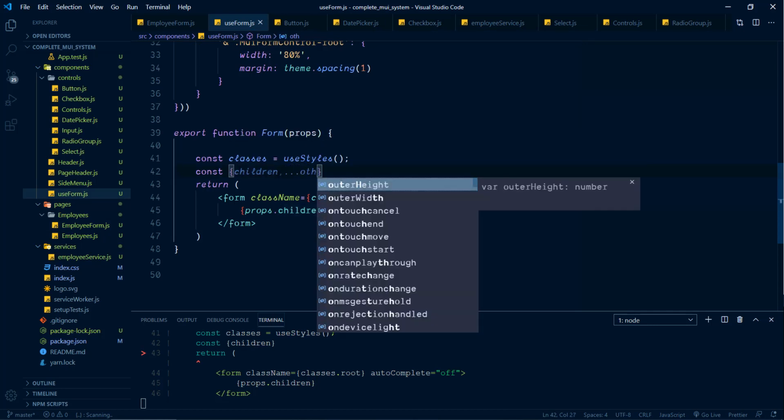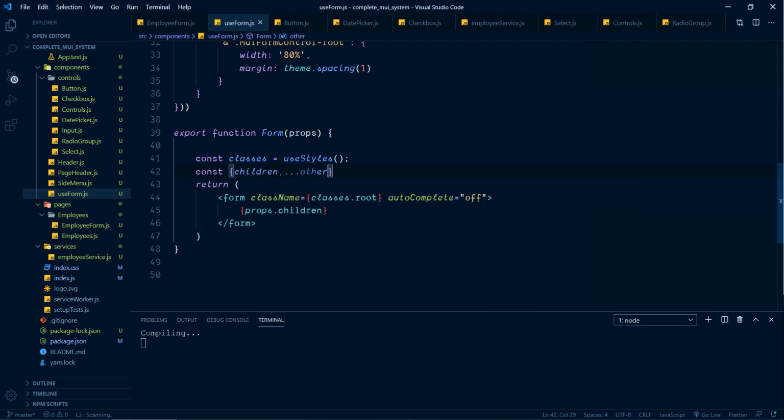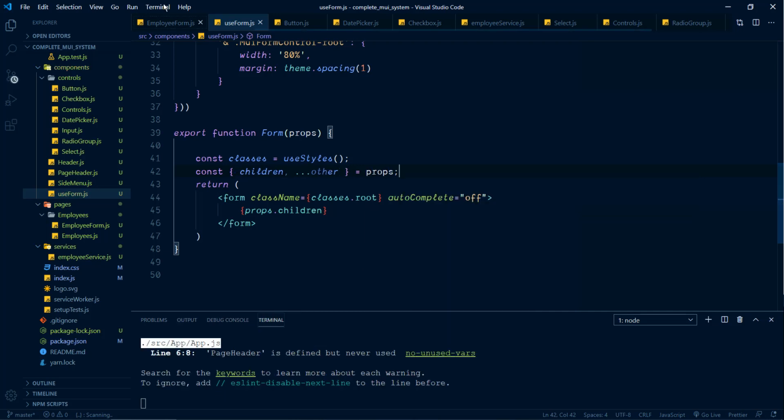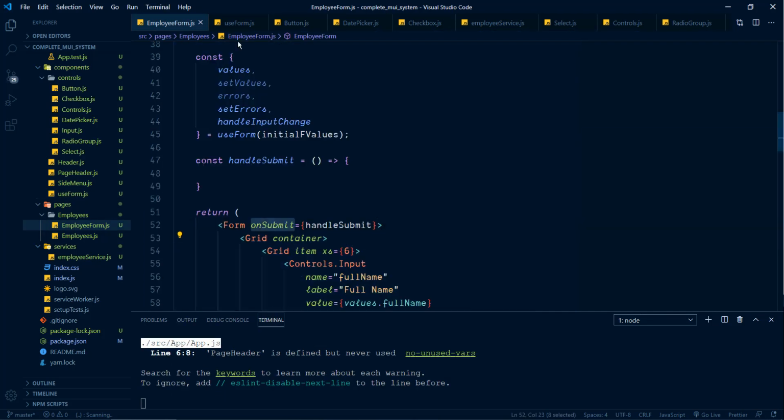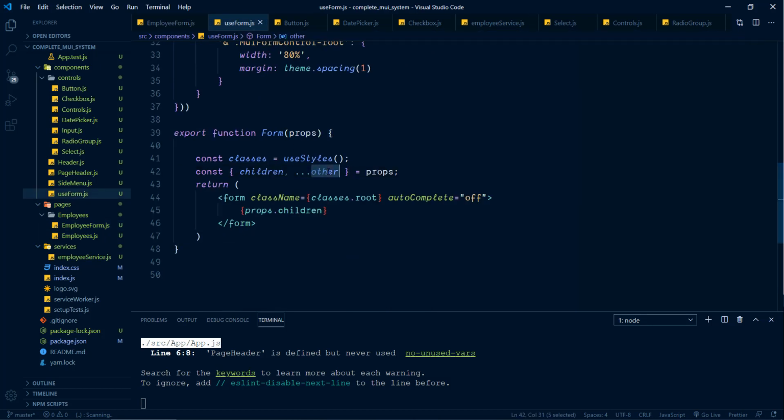We can use this spread operator here, and we just need to assign the props here. So the onSubmit property that we have passed here will be there inside this other property here. Now we have to assign that into this form here. For that we just need to do this